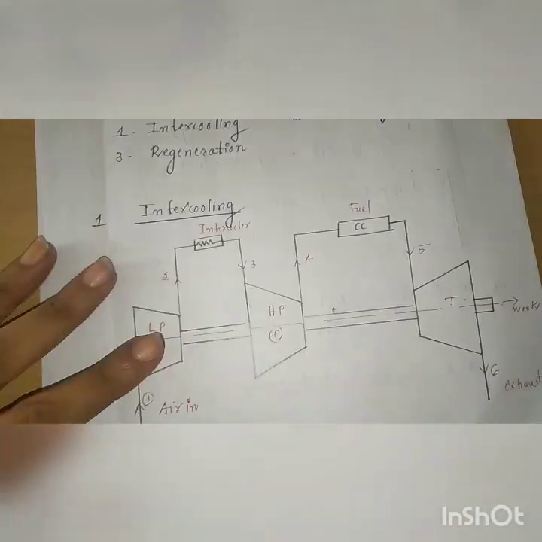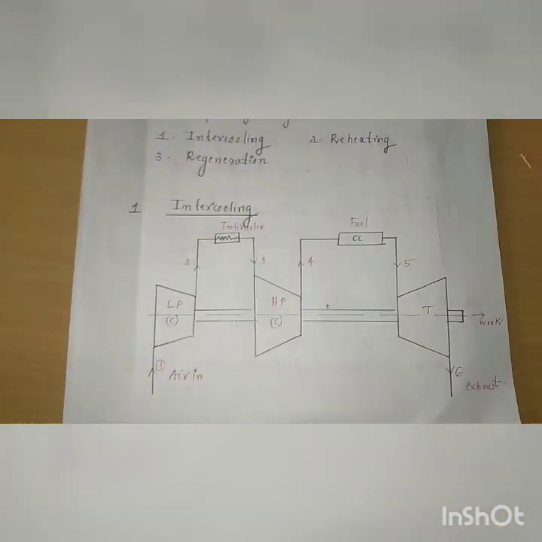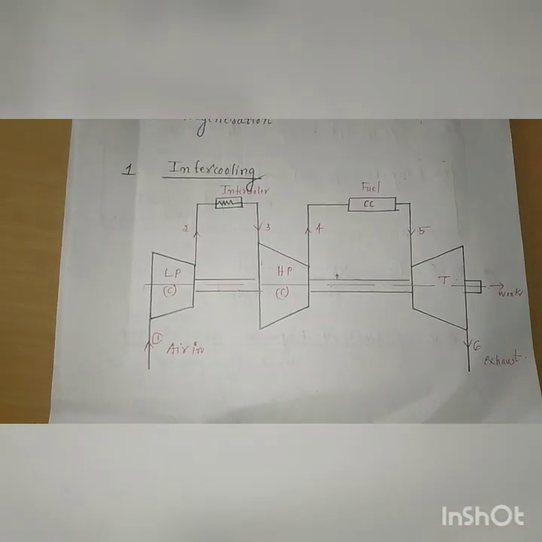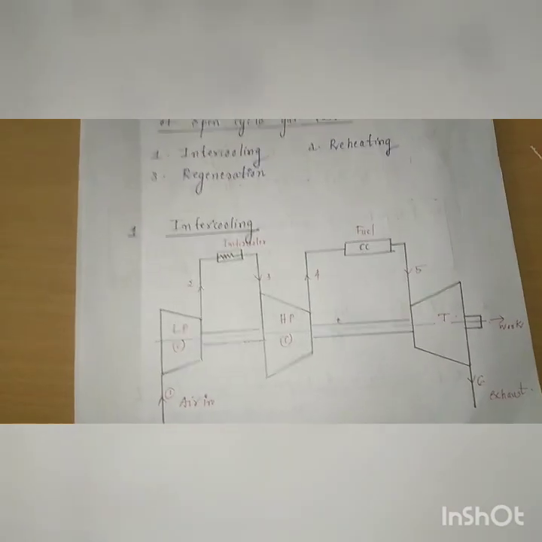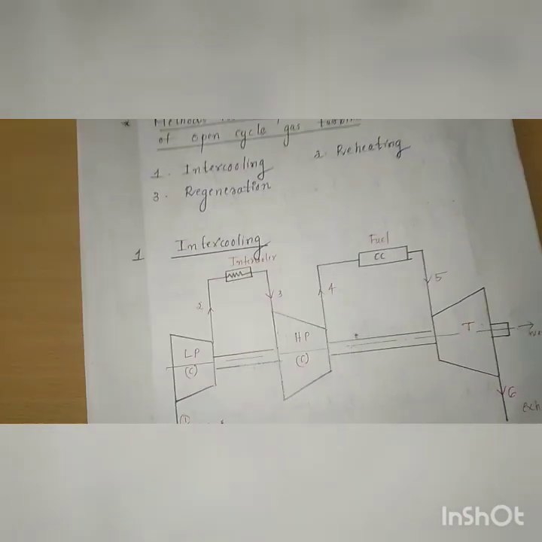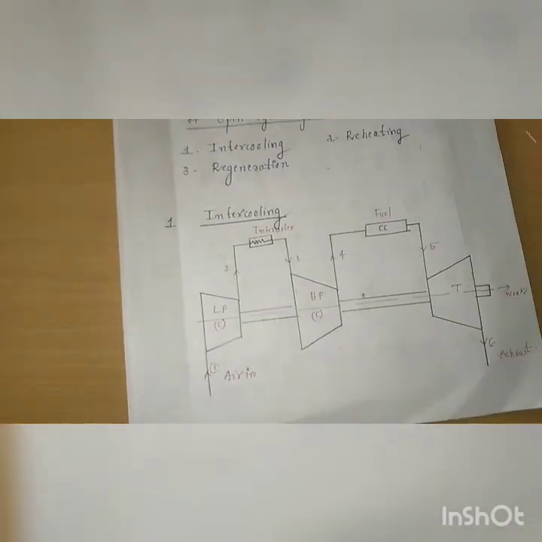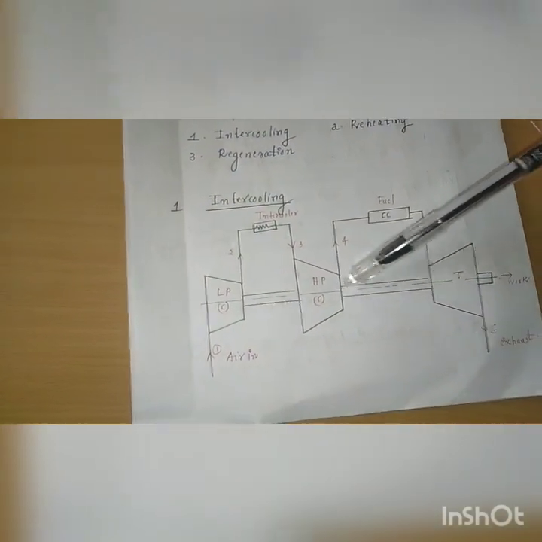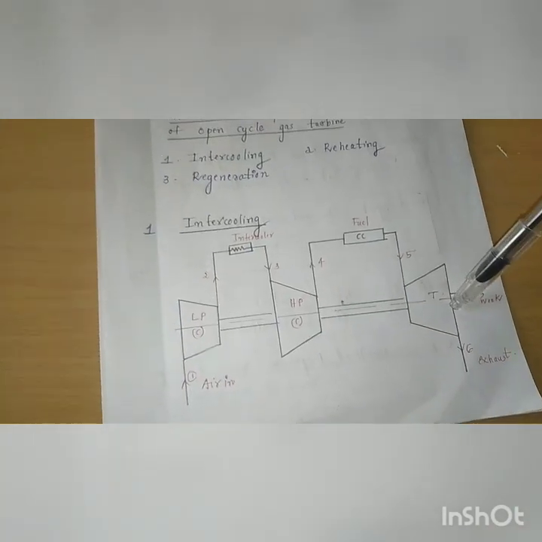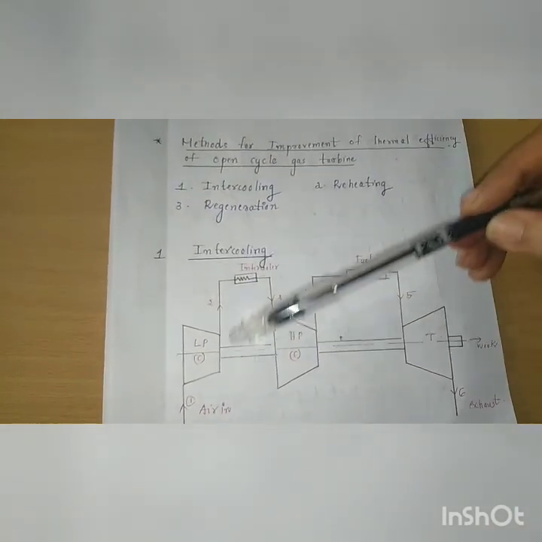This is the intercooling diagram, open cycle gas turbine diagram with intercooling. Why we are using intercooling? Because we know that the compressor is utilizing the power or work from the turbine. That is, if we are